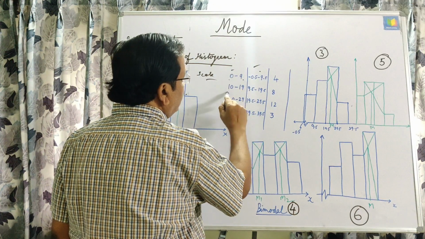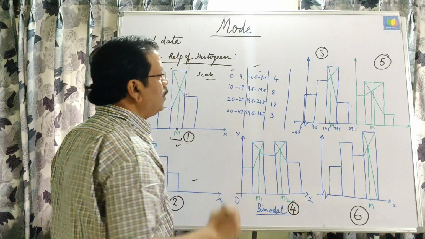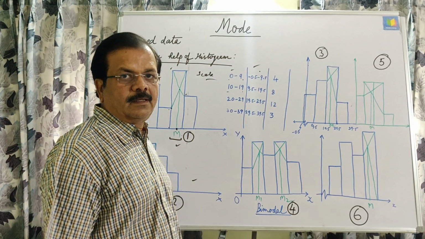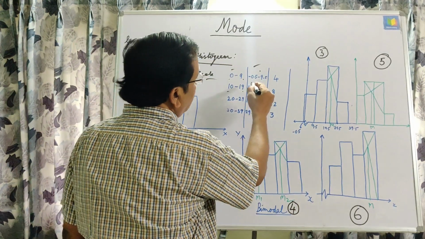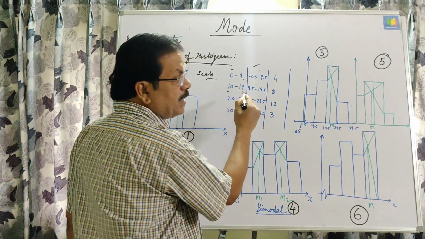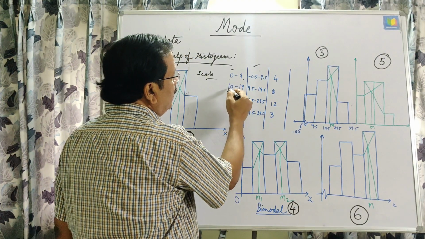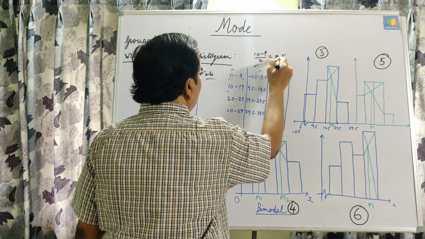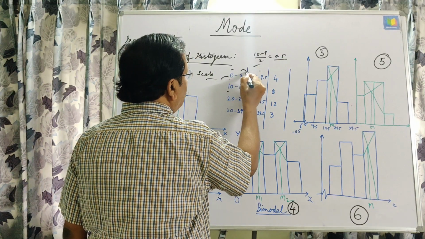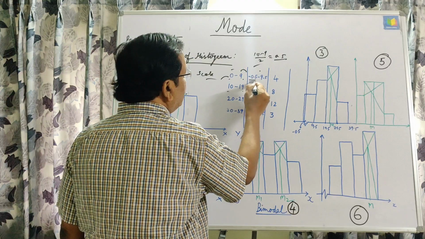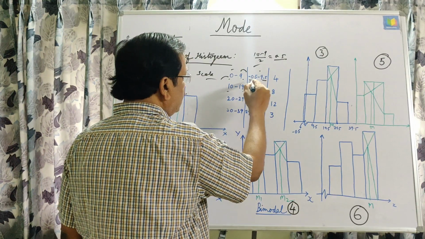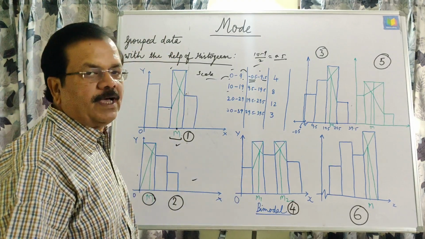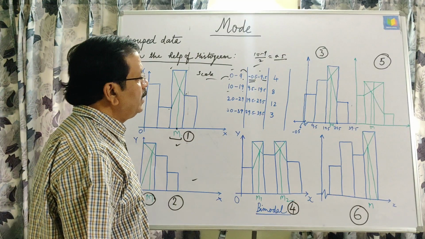In the same way, in the third one you are given the class intervals 0 to 9, 10 to 19, and so on, and this is not continuous. Once we draw the histogram, that will not be a histogram, it will be a bar graph. Once we make it continuous using the adjustment factor, that is 0.5, which is 10 minus 9 upon 2, the adjustment factor 0.5 will be subtracted from the lower limit and added to the upper limit. Once we subtract, this will have a negative sign, and this is 9.5. In the same way, in the second row 9.5 to 19.5, the third row 19.5 to 29.5, and the fourth row 29.5 to 39.5.